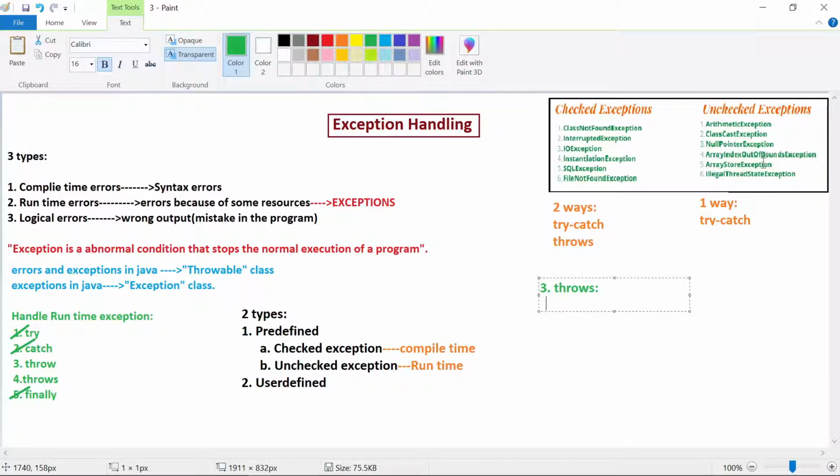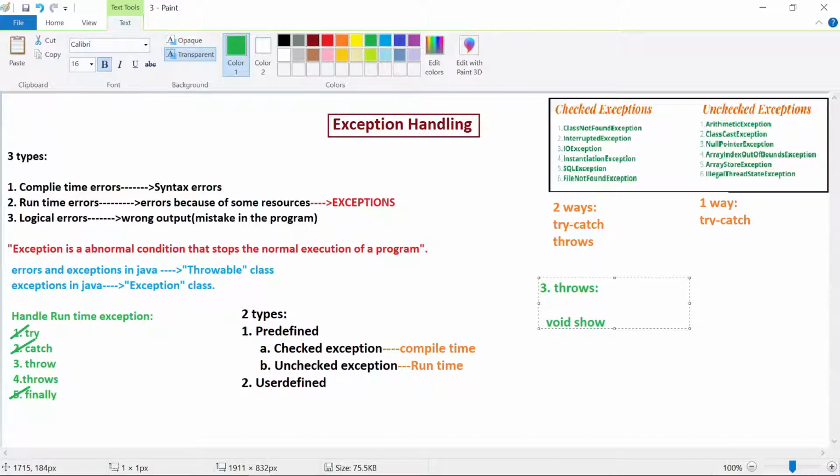Okay, and if you want to use this throws, it is nothing but you are not going to handle the exception. You are telling the system to handle the exception. To do that task, let us consider your function. As an example, I am telling your function name is show.